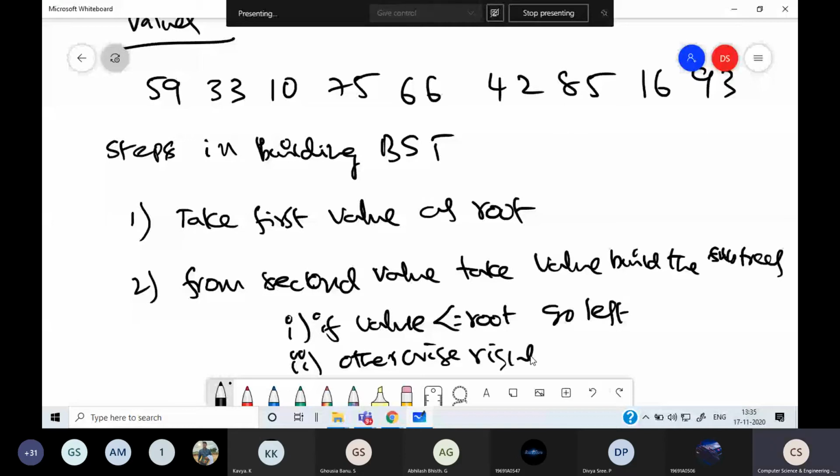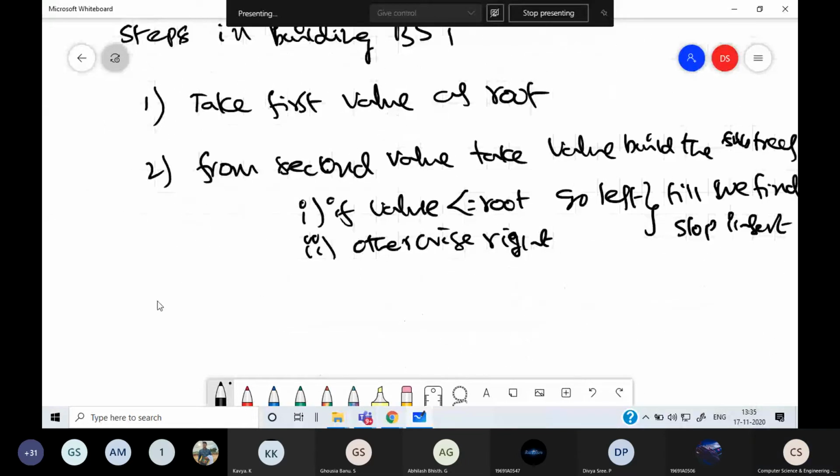How long do we have to go? Till we find an empty slot to insert. Once we find the empty slot, insert the value there.